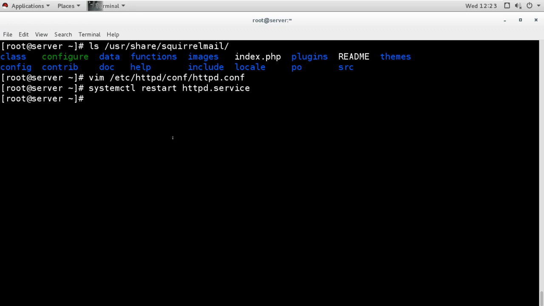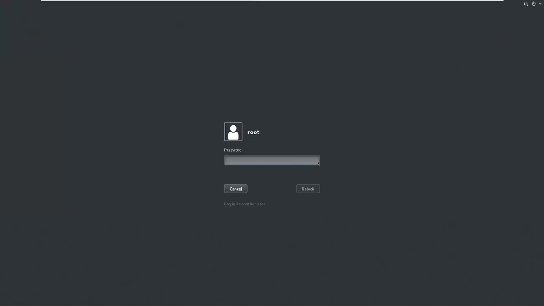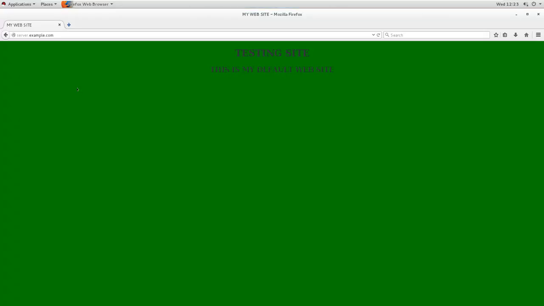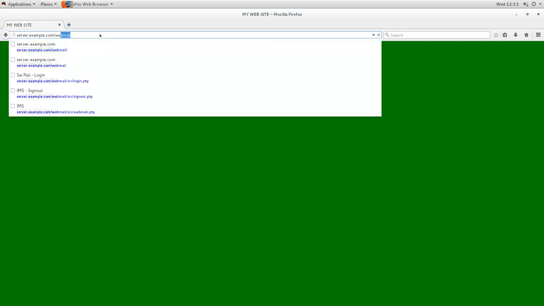Okay, now we have created the alias for this squirrelmail directory. Now we can check that on a client machine. On the client machine, if you want to access the directory, this is our default site, and on that site URL you give slash, and then you mention the directory name webmail, and it is accessed.